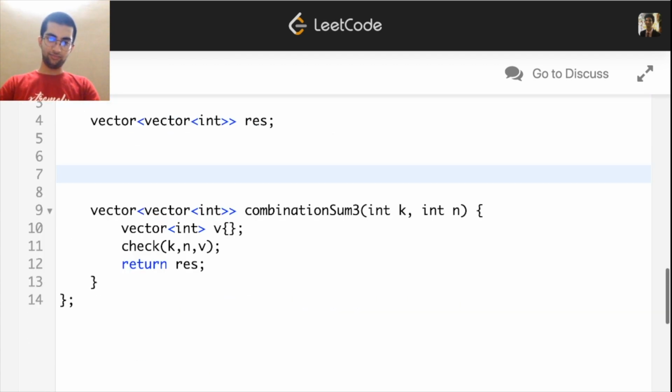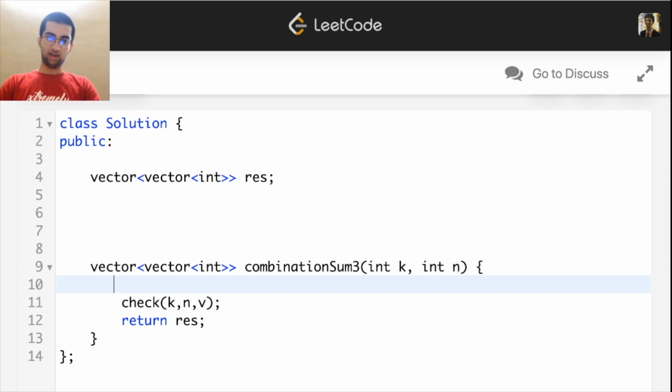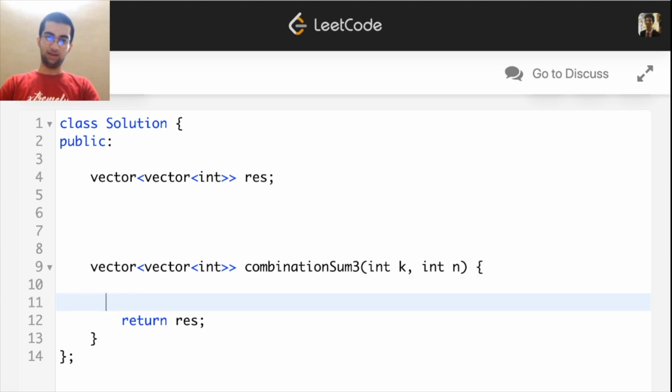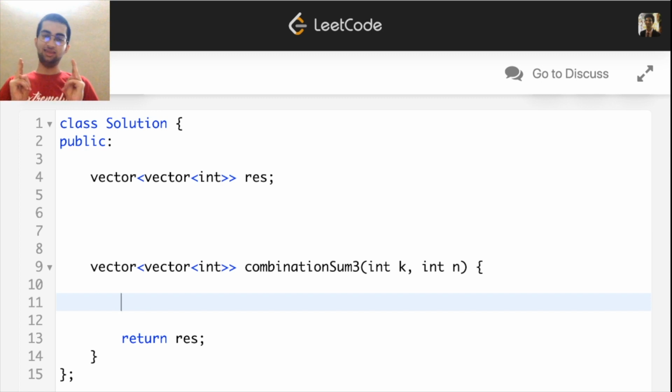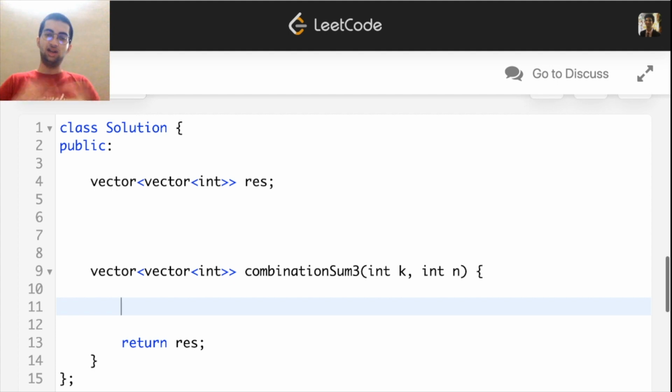First of all, let me store my result in one result variable, and I have k and n. So the thing I'm going to do is maintain one array only, and in that array itself I'm going to add elements, pop elements, add elements, pop elements again and again. So the recursion does not create a new array for each combination, but in one array itself I will create all the combinations.